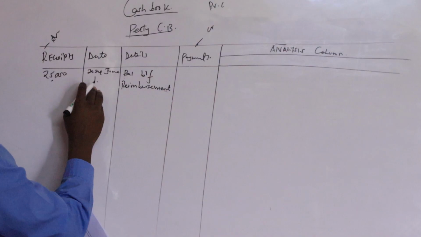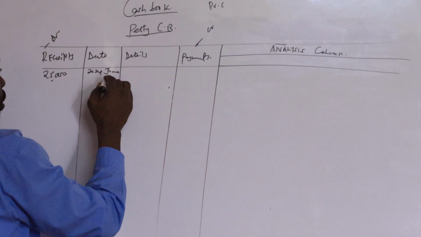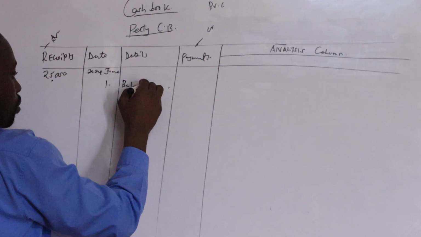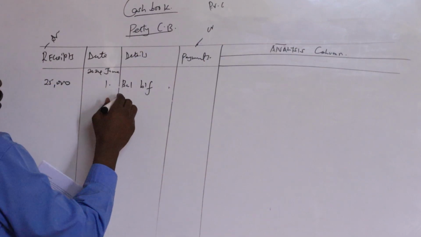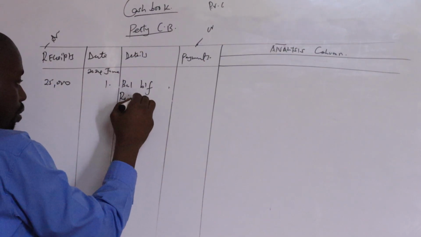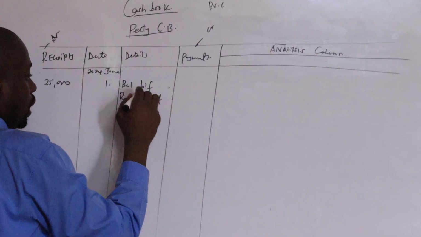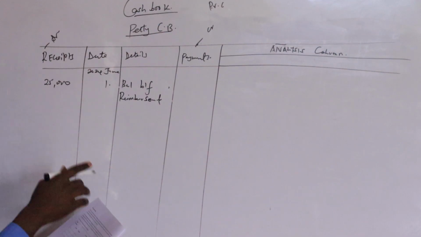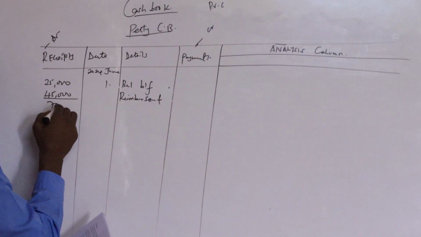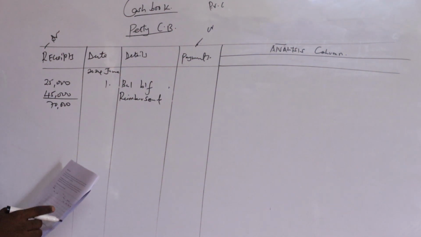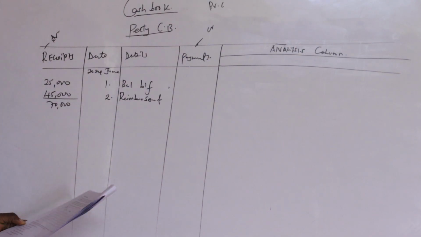So day one, the first day will have balance brought forward, that is 25,000, after which we'll have reimbursement, that is restoration of the imprest amount to 70. Now that we have 25, we require 45 for us to get back to our imprest amount of 70. So we've been reimbursed, and the reimbursement took place on 2nd as per the question. Then